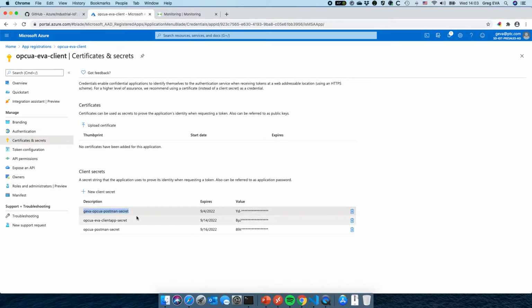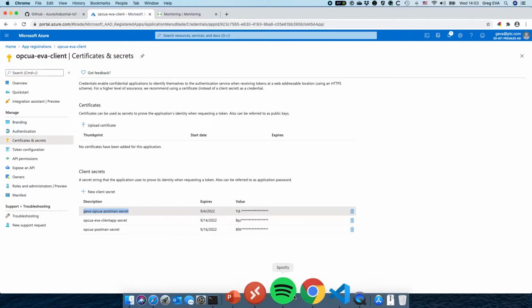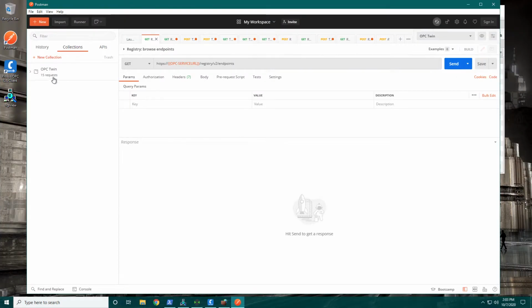We need to have a Postman secret, the setup here. And if we come over to Postman now, we've got this OPC twin environment that's created. Obviously follow the Microsoft documentation on how to set this up, but let's just have a quick look at the